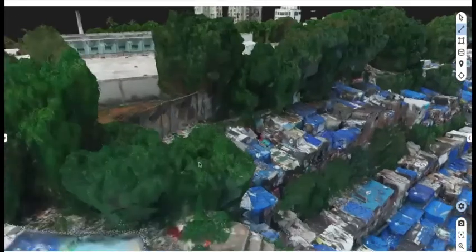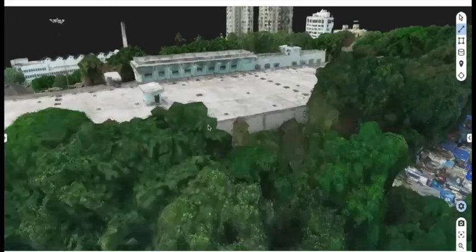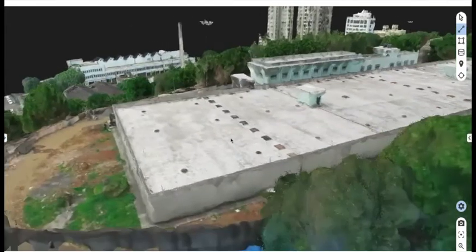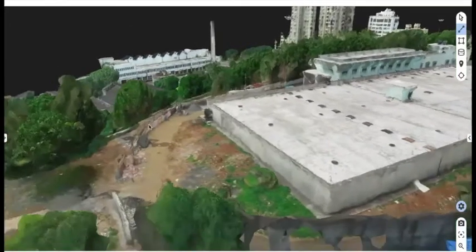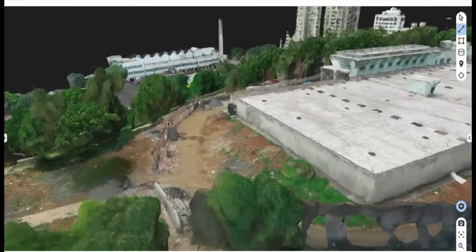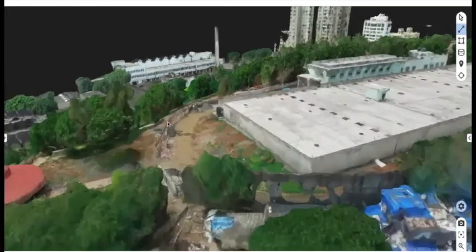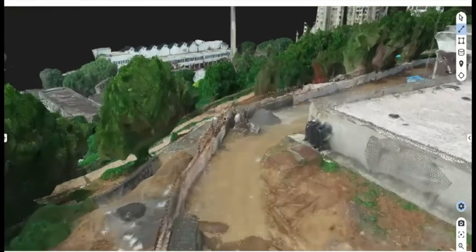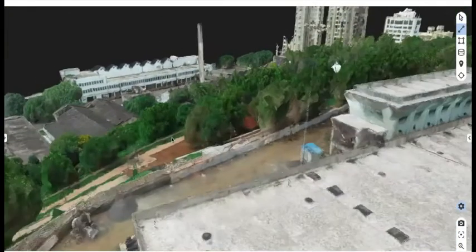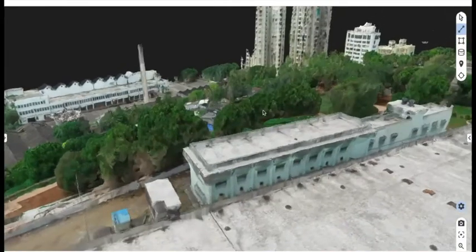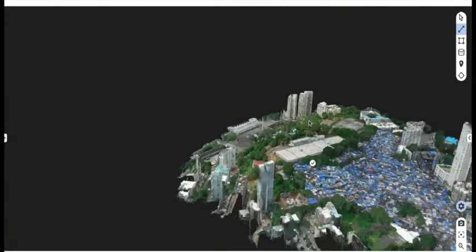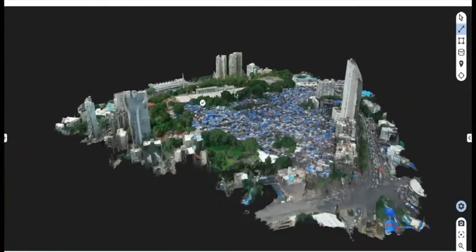Now you can see that we can zoom to a particular area as well, and we can move around the areas. So consider that this 3D model is available in your system. You can easily get an in-depth understanding of the topography. Not only this, the 3D model also gives you a comprehensive perception of any key element inside the site. It can be vegetation, a water body, rocks, boulders, anything which is available in this 3D model.